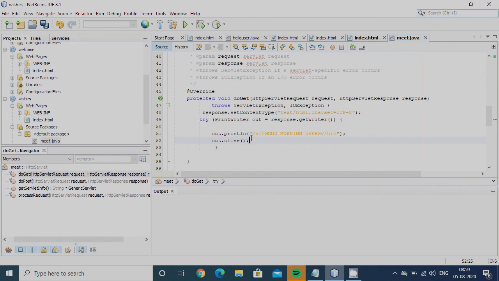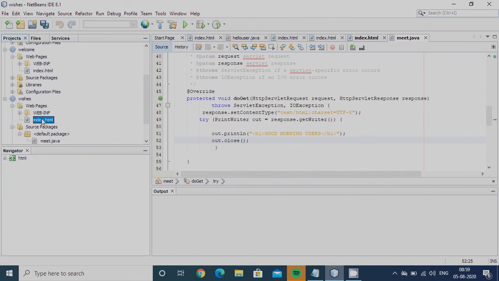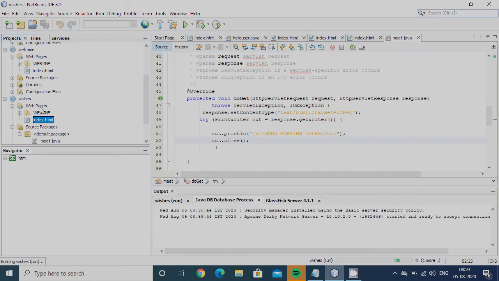Now I have to compile, that is, run this project. Either you can keep the cursor here and press this run button, or else you can start from the index and press Shift plus F6. The program starts executing.